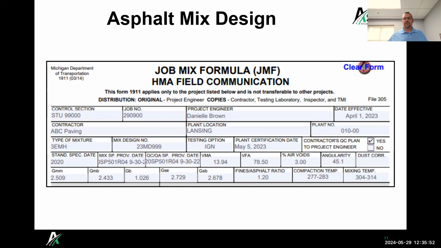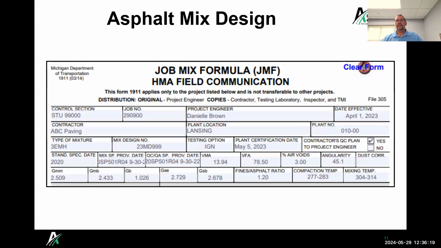As far as the ignition furnace versus vacuum extraction, I would say the predominant mode is vacuum extraction. There's a few areas of the state and in labs really that prefer the ignition oven. Some areas of the state we don't use the ignition oven just because of the types of materials we have, and it's harder to get a good number.